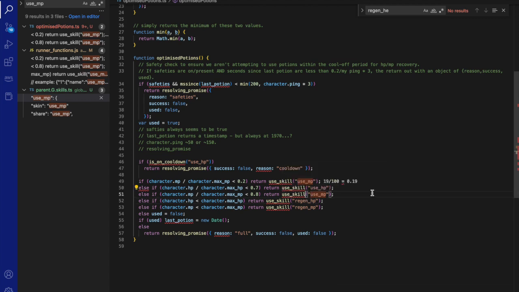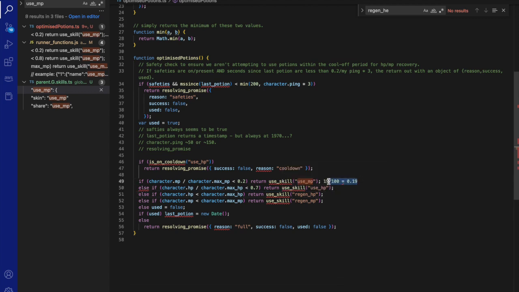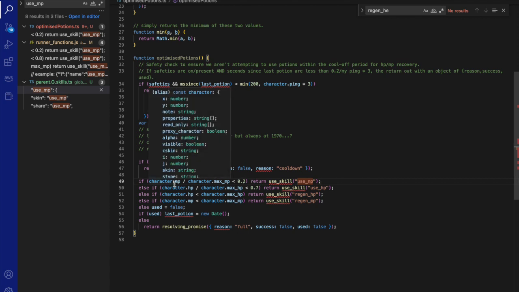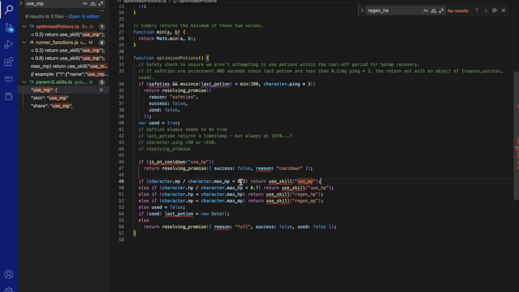I don't think we necessarily need to have this twice. I'll get rid of that. And we'll say if the character's MP is, I mean, if it's getting down to about half, we know we've got problems, right? So let's just replace that with that and that with that. So yeah, I think that should be fine. That's basically saying if our MP is less than half its max MP, then we'll use an MP potion. Likewise, if HP is less than half HP, use that. Otherwise, just use